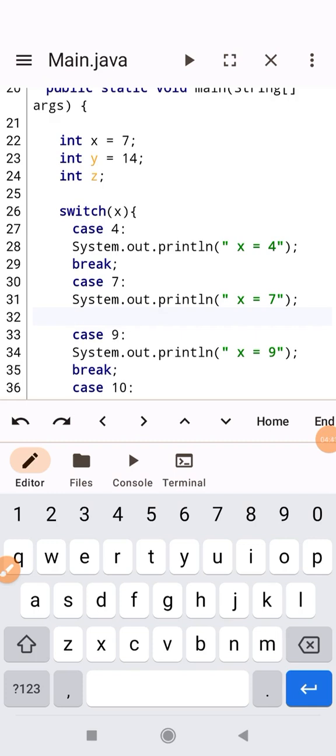Now after that execution, there's supposed to be a break statement that will transfer the control out of this switch statement, but we have omitted it. Because of that, the execution continues to case 9. At this point there's no more comparison because it has the true value already from case 7. So it also prints what we have on line 34, as x equals 9, until it encounters a break. That is the first break statement. That is when the execution will now